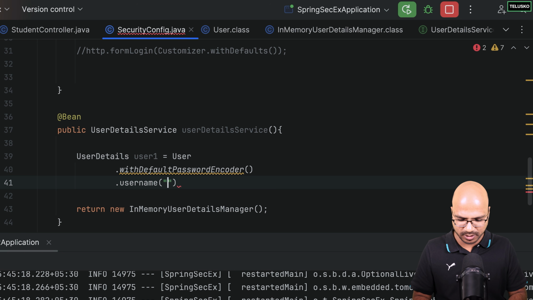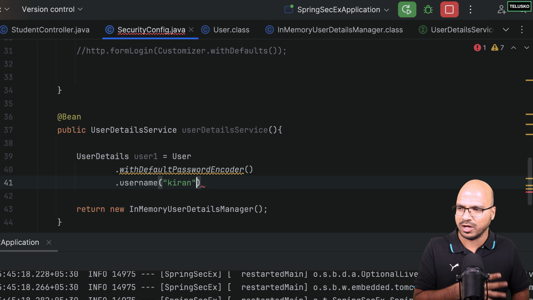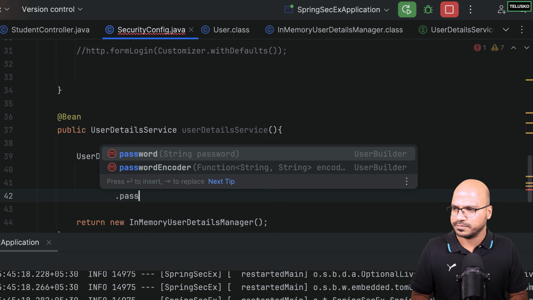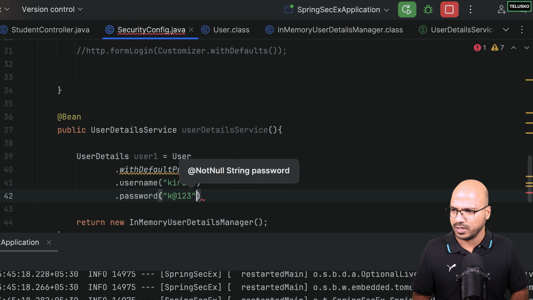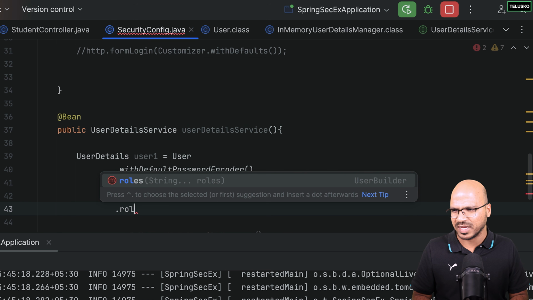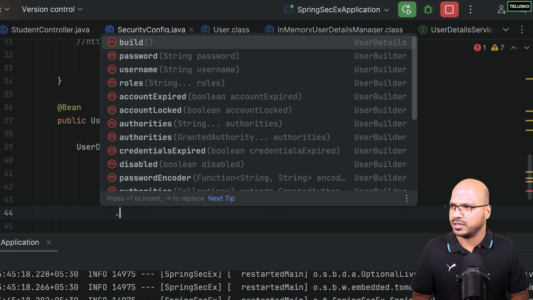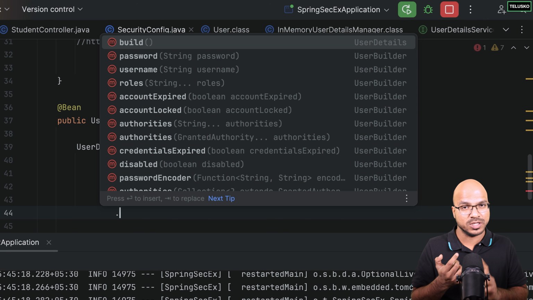So let's say the first user is Kiran. Let's not use Naveen now because we have used it before. So let's use Kiran. The password I want to mention is k@123. Then I also want to assign the roles. Again, it is optional, but let's say I want to assign a role. So Kiran is user here. And the password, then once it is done, so we got the username, password, and role, I can simply say